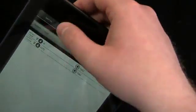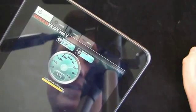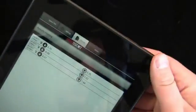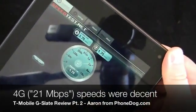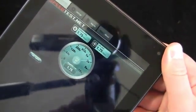38, 39 kilobits per second. Let me translate those over into megabits per second. 3.75 megabits per second. And then upload 1.75 megabits per second. So you can see the result I did the other day too, 4.27 megabits per second. So averaging between about 3 and I've seen as high as 7 on T-Mobile 4G here in the Charlotte metro